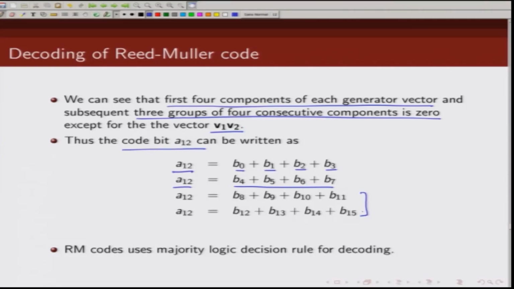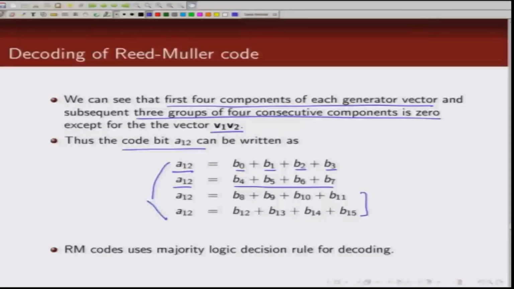So, I am getting 4 independent views about what A12 is. Now, the decoder can take a majority logic decision. If there is no error, of course, all of them will tell me that A12 is the same bit, whether it is 0 or 1, but if there is a single error, what you will notice is